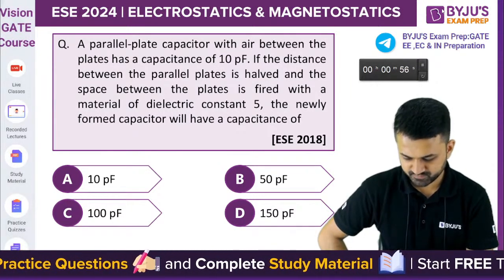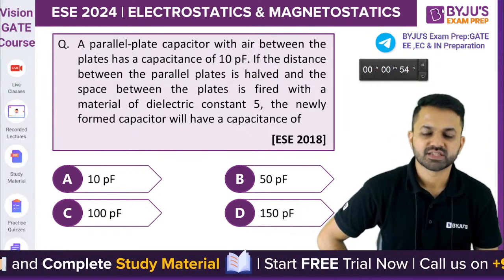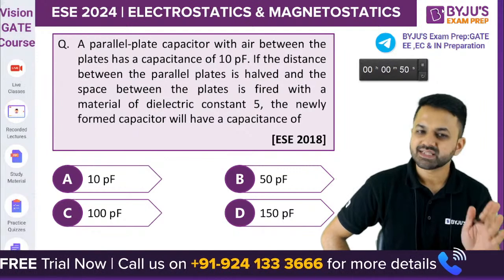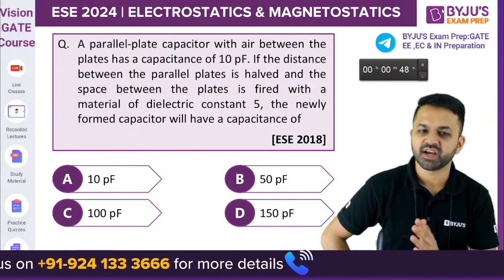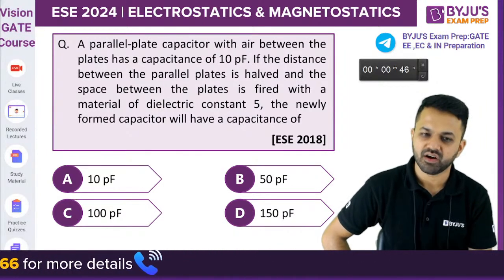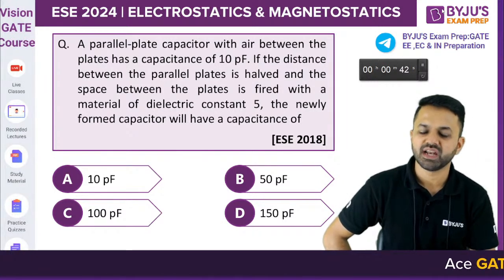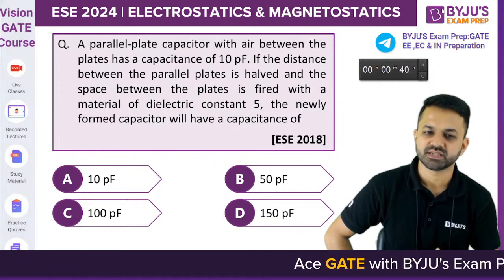Let's answer it. Yes, last 1 minute. A parallel plate capacitor with air between the plates has a capacitance of 10 picofarad. If the distance between the parallel plates is half and the space between the plates is filled with a material of dielectric constant 5, then the newly formed capacitor is...